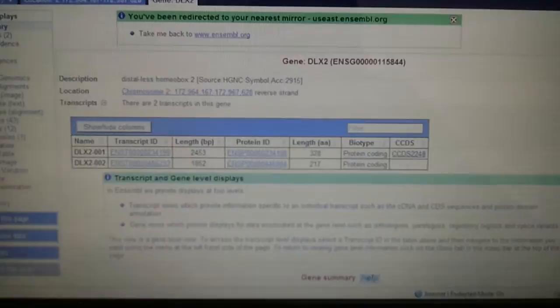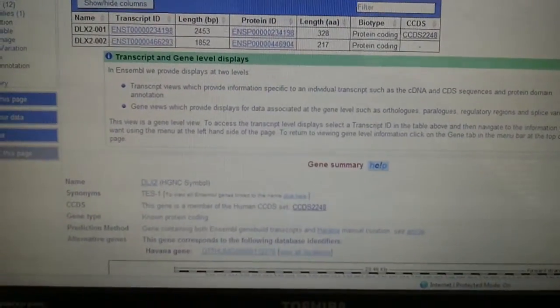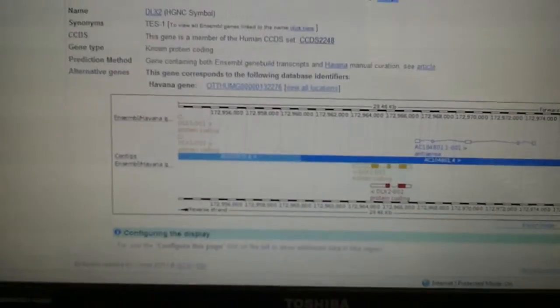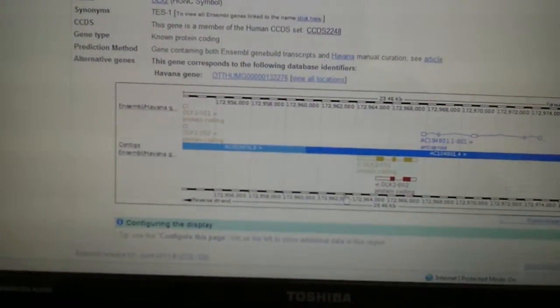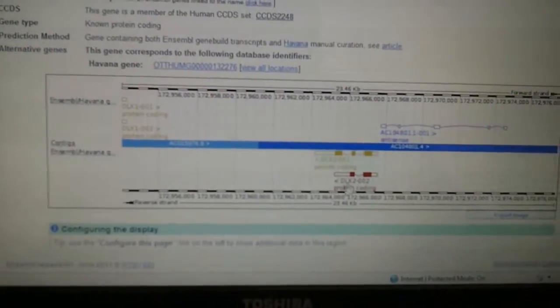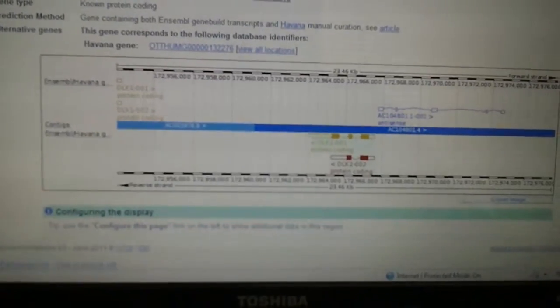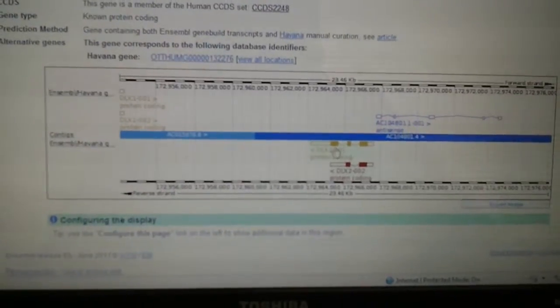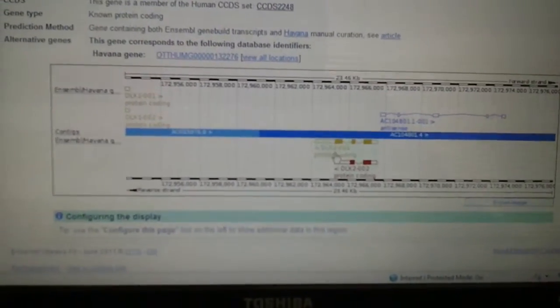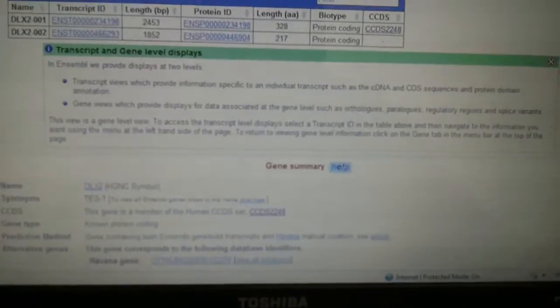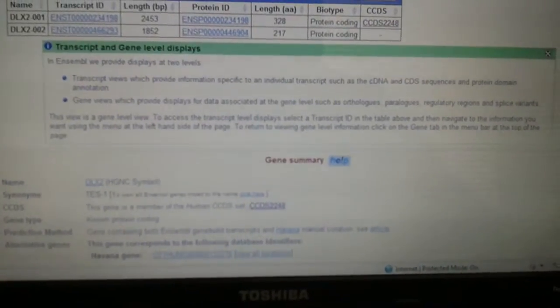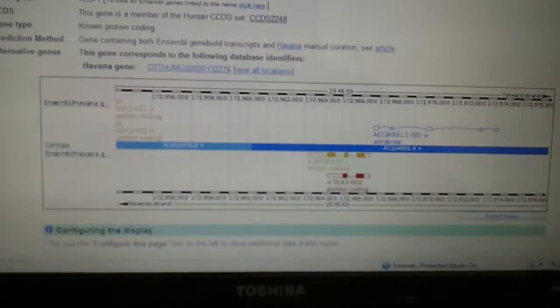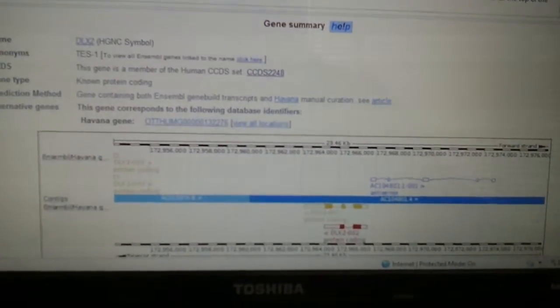And now we only have one for DLX, one coding strand. So why don't we compare what the difference is? Now, DLX1 down here, DLX201 and DLX202, they are very different in that DLX2 does not have that middle exon. And it seems like the beginning of DLX201 is bigger, but we don't have a coding sequence for DLX202, so we can't really do a blast against it to see how similar they are,